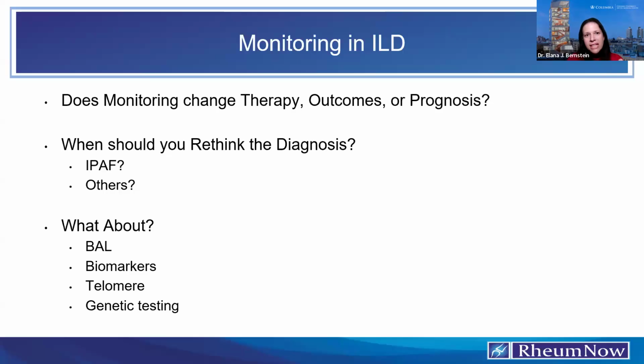We can't stay with the status quo. And I'll also say that if someone continues to progress despite first line, second line, even third line therapy, we need to be thinking about referral for lung transplant evaluation. The sooner that we refer, the better, because if a patient needs to be listed, we want to make sure all the appropriate testing is done so that patient can be listed. And many of these patients who develop end-stage lung disease in the setting of their autoimmune disease can be successfully taken through lung transplant. So I think if we're not monitoring these patients, we would have no idea that their disease is progressing until it's too late.